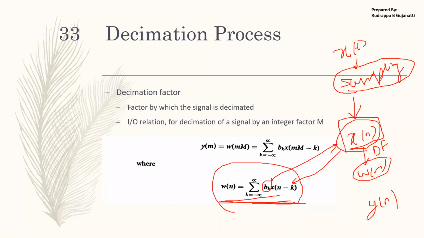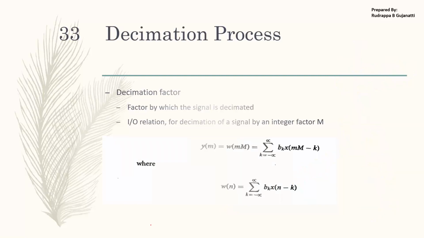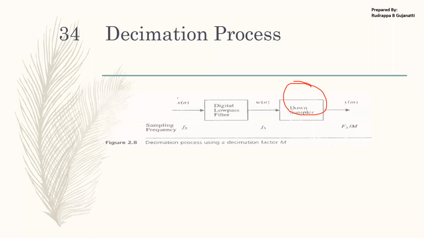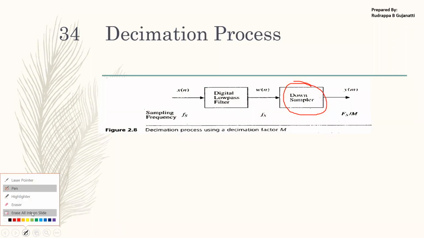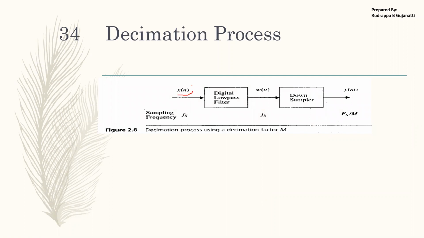Once you get the filtered sequence, you can decimate this entire filtered sequence, that is, downsample this filtered sequence. You'll get the overall y of n which is present over here. So when I represent it in this form, if you just see what is happening, I have the sampled information. x of t was present, and it is passed through the sampling unit. I'll get this x of n.